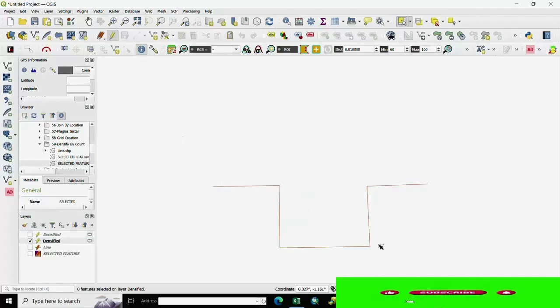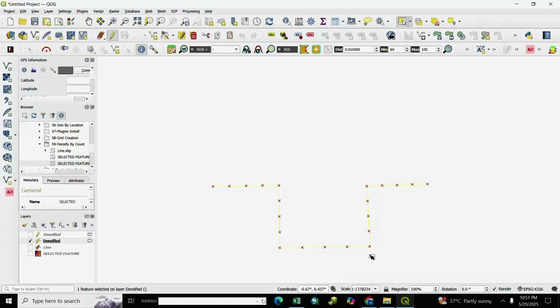Here is the output and we select it. You see here densify by count. You see here 1 2 3, 2 vertices in between 3 vertices. So we successfully created densify by count in a line,